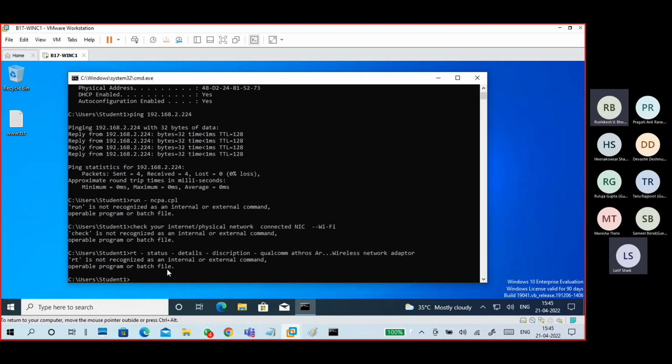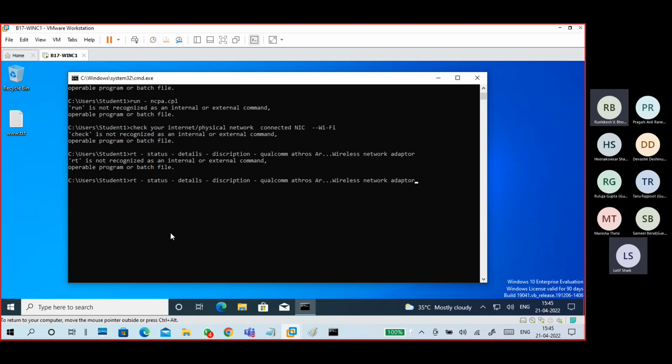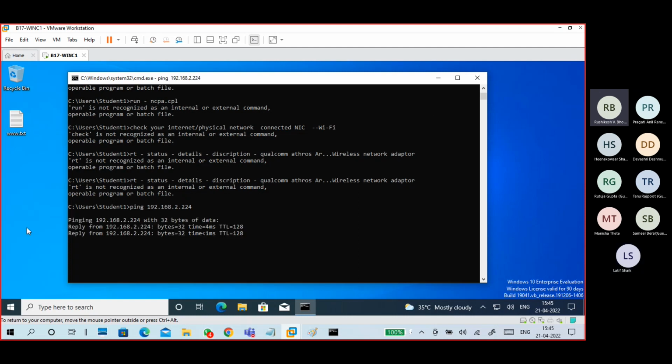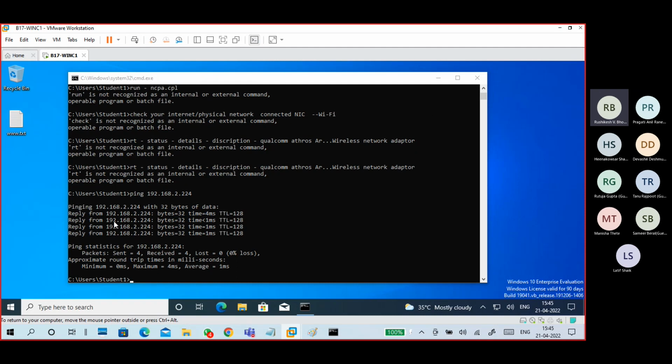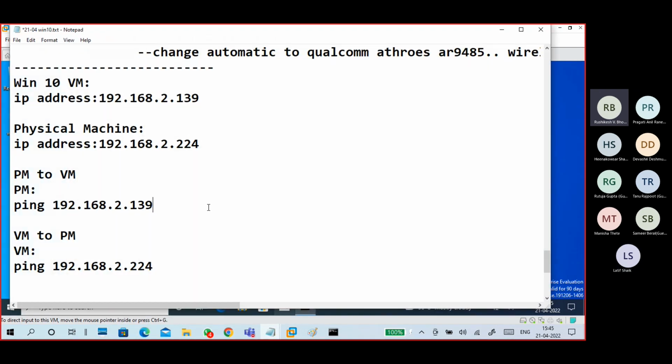So what happened here? It is backwards. It should not happen like this. Something is not good.